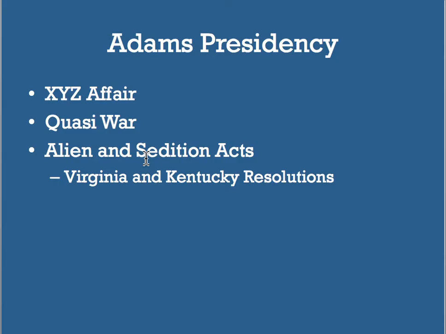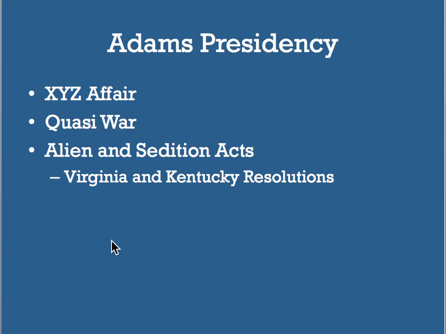The reaction to this Alien Sedition Act is really important in the creation of the Virginia and Kentucky resolutions. Now, these are going to be written by Thomas Jefferson and James Madison, and they're going to argue that states have the right and the authority to nullify or cancel or veto or ignore any federal law that they see as unconstitutional. If the federal government passes a law, states don't think it's right or constitutional, then they can ignore it or cancel it. Now, this question of who has the power to ultimately decide if laws are constitutional or not and if states have to follow them is going to actually